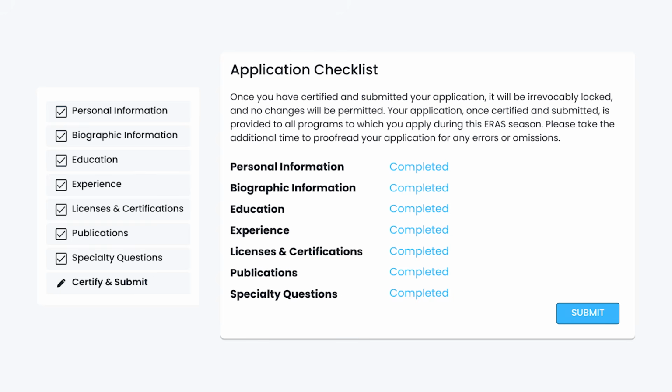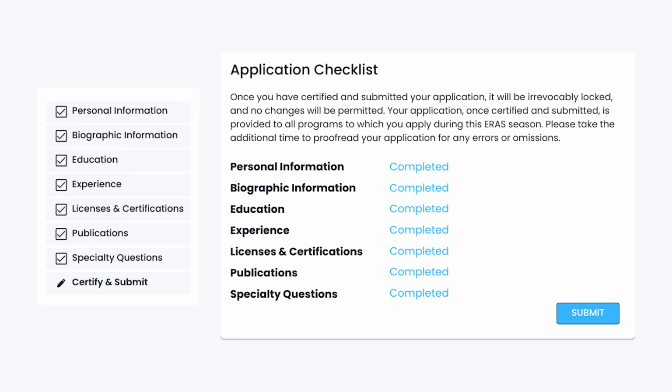I'm going to talk about that fully in detail in my second video, the second chapter of this video, which is mainly focused on program signaling and the LORs, how to apply to programs, where to add the personal statements, and all the other sections of the ERAS application. But for the ERAS CV, you can only have one ERAS CV regardless of how many programs you apply to. So that's something to be mindful of in picking your experiences and everything else on your CV,